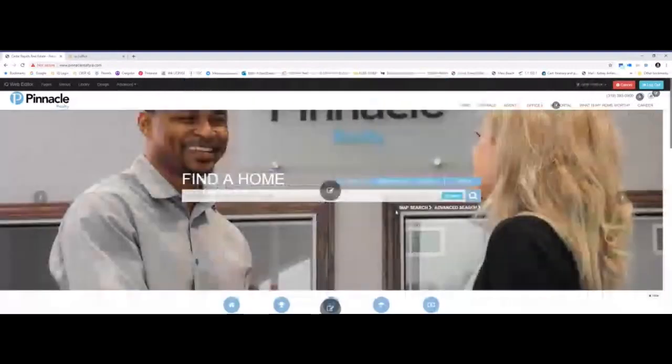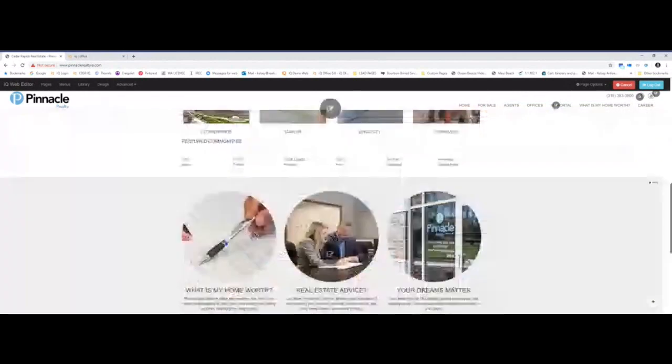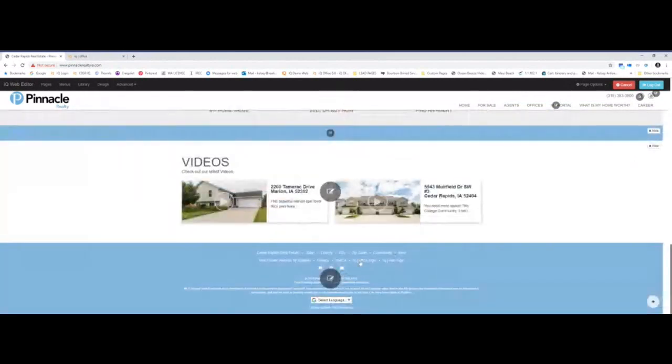All right. So the next section that I would like to go into is, how do you go in and edit your profile, and how do you make sure that all your profile information is correct in your IQ office? So what we're looking at now is your IQ web, and what we're going to go into is your IQ office. And there's two ways that you can really get to that. You can always get to it on your website by going to your IQ office login right here, or you can save your